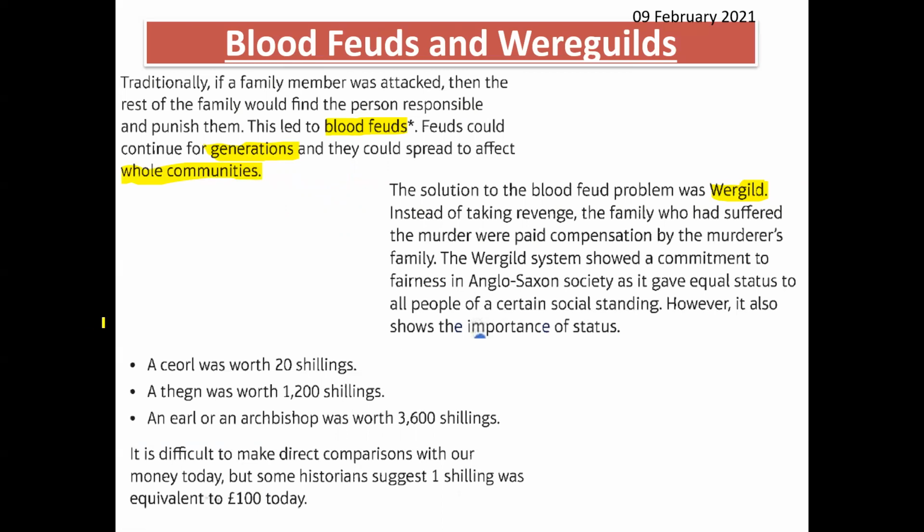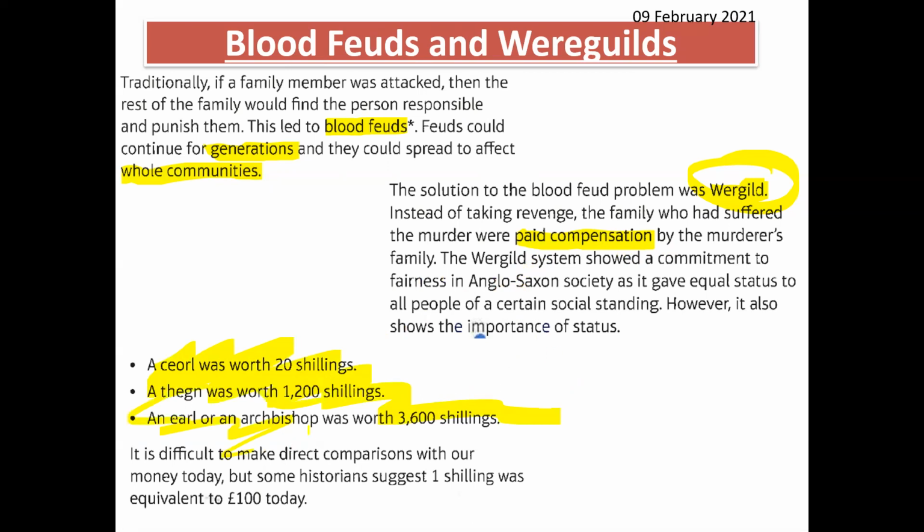So the solution Anglo-Saxon kings came up with was the Wereguild. Essentially what this meant is that instead of you taking your revenge on the family that wronged your family, they had to pay compensation instead. So for example, if you lost an arm, they had to pay so much money. The person who was responsible for damaging your arm, he or his family might have to pay compensation to a certain amount. In terms of murder,